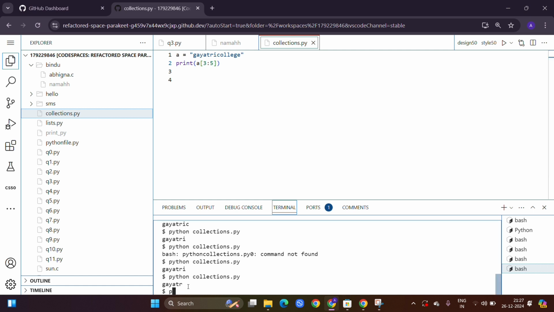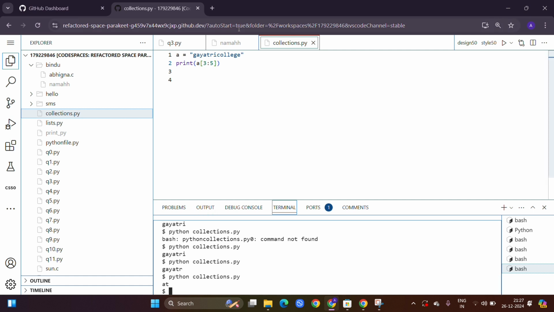I think we will get the output as 8. So we can see the output here. So this is how we do slicing of a string. So this video is